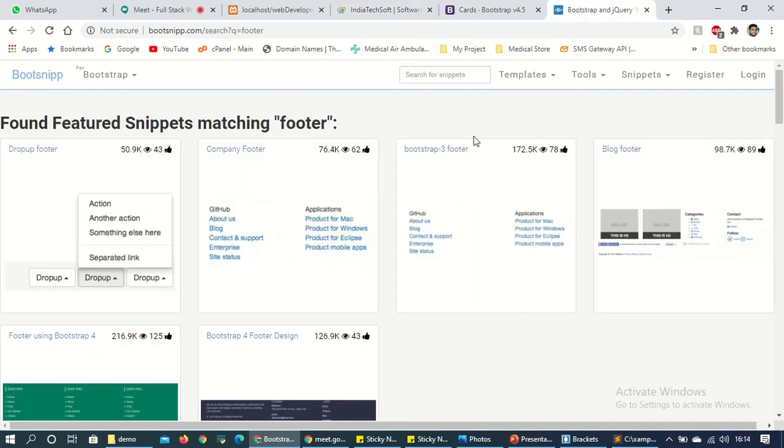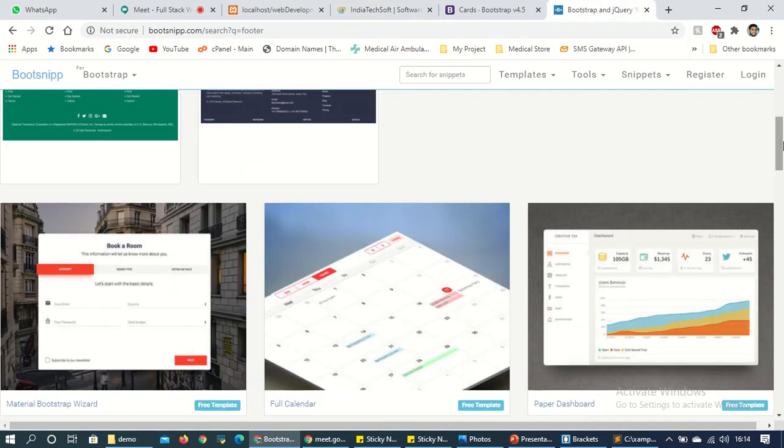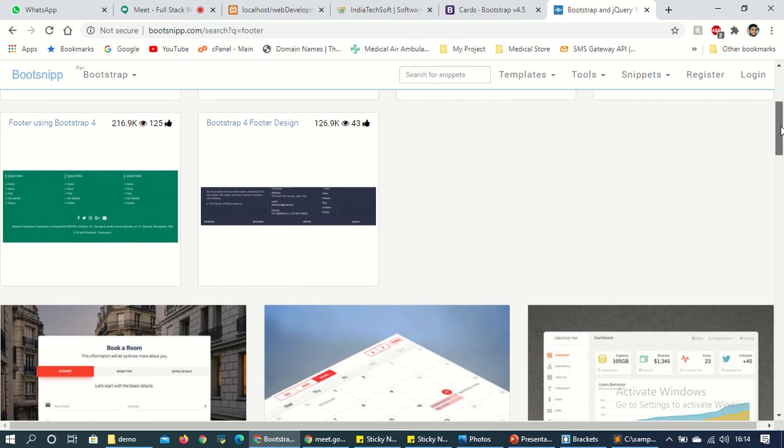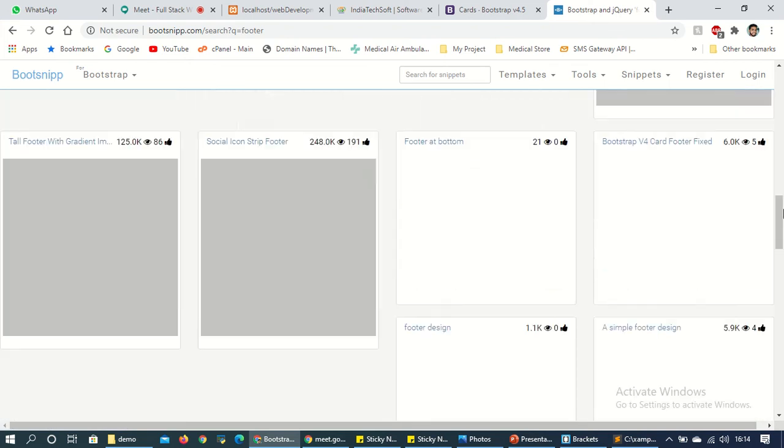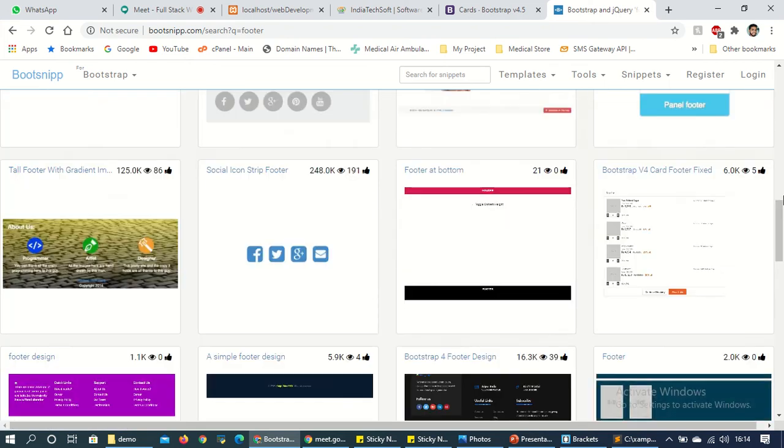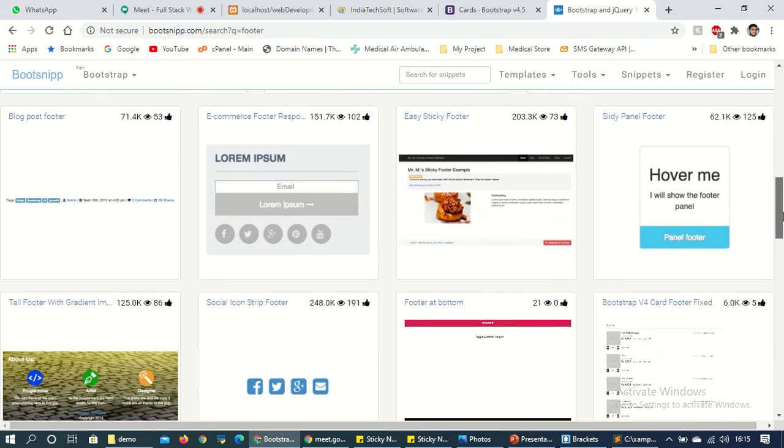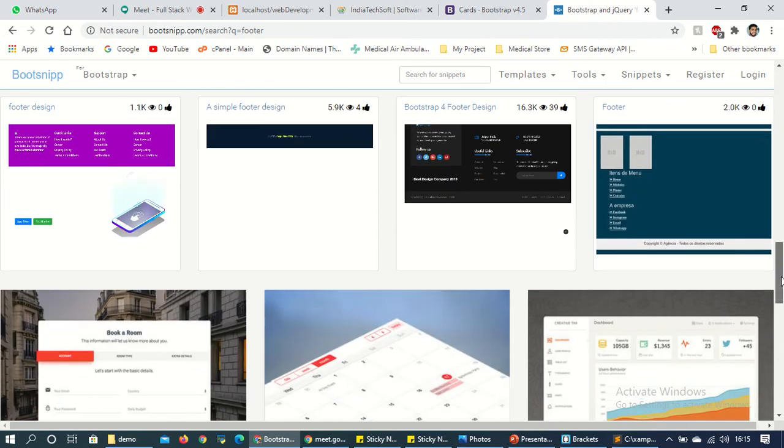This black part is the footer part. I have searched the footer, and now see these are different types of footer. We are getting this green one, and this small footer, and you can also find footers here.